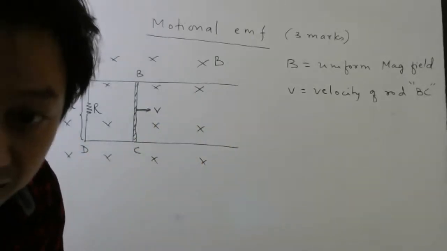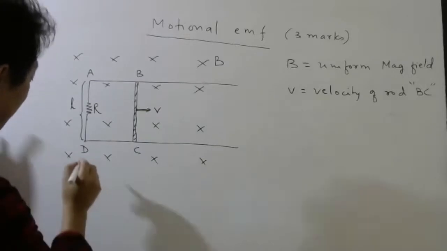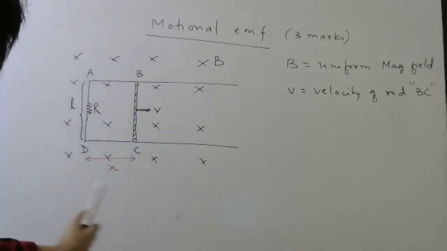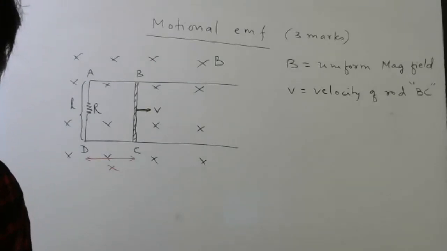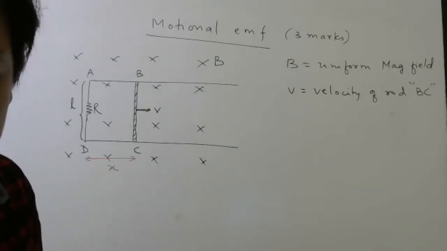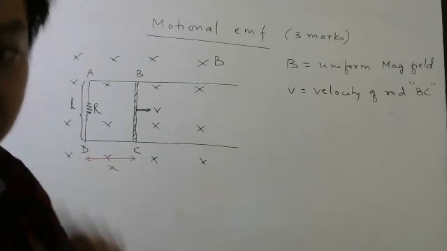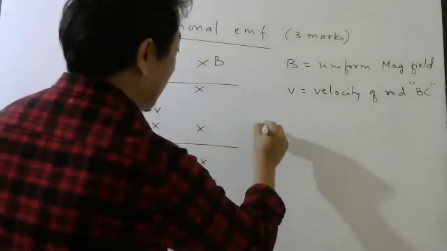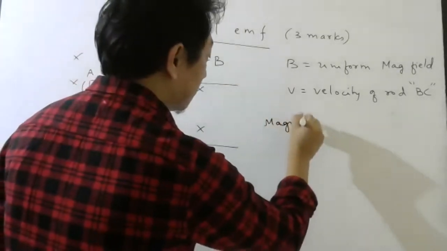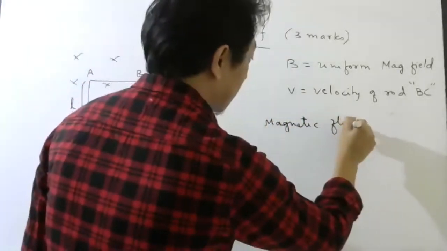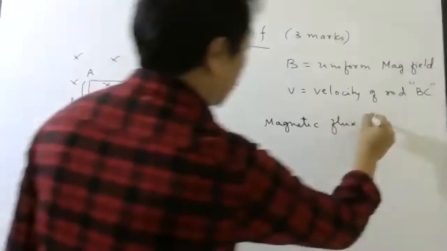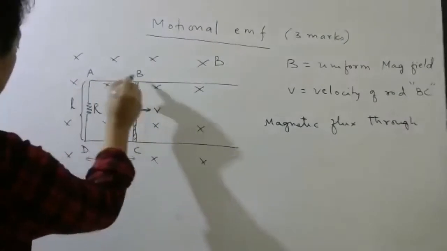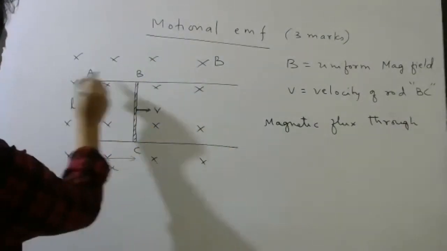So let us call that distance the instantaneous distance x. Okay, students, now x will change or not change as the rod is moving? Obvious question, sir. x will change. Fine. So the magnetic flux through this circuit ABCD